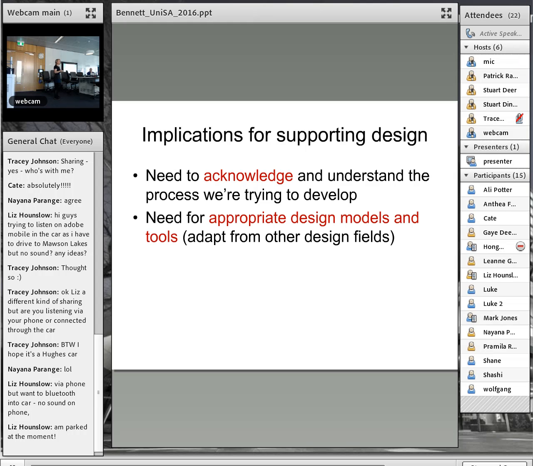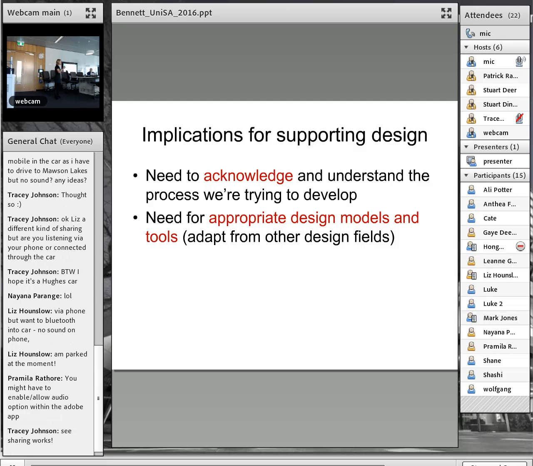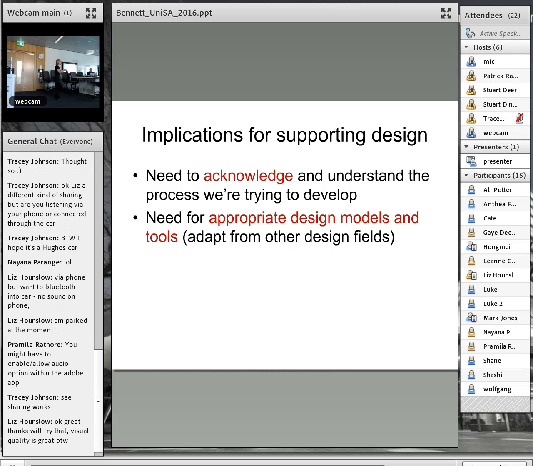Another thing that we need is appropriate design models and tools. No architect would work without a representation of their design. Engineers have got modelling tools. So even just the capacity to represent your design in an external form, to document and record it, enables a couple of really important things. First of all, it helps your thinking. It makes your thinking concrete, and then you can look at that and critique it. It also makes it shareable, so it enables you to work between teams, amongst teams.